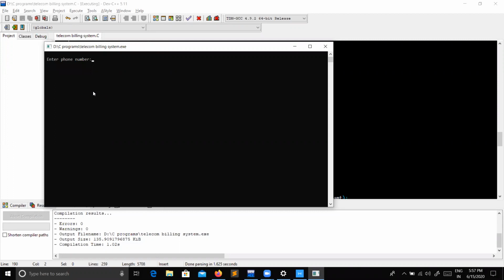I'll randomly enter some number. And I wanted to enter some amount of 100 rupees. It has successfully been entered, and I want to add some other name.